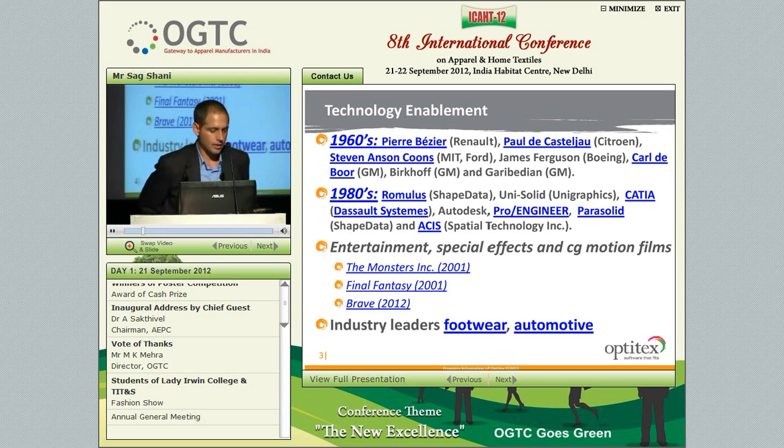So some of the technology enablement that brought us to where we stand today. If we look back to the 60s, for instance, the car industry, we're now in the textile business, but many years ago, other industries computerized themselves and virtualized their entire production supply chain and pipelines, totally CAD-oriented, totally 3D-oriented. And one of those industries, and we see here some names from Renault and Citroën, Bézier is one of the most